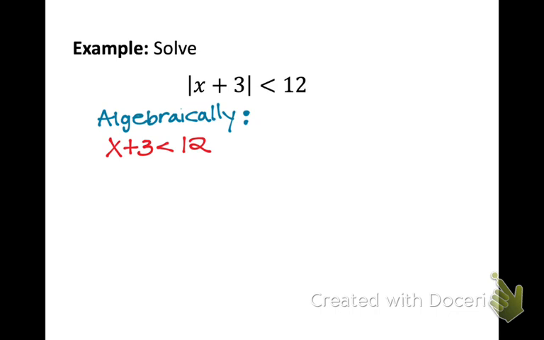How do we solve that? Subtract 3. So then we get x is less than 9. Okay? Now, this is the tricky part that you will mess up on, so don't mess up on it. If I wanted to make the negative version of it, why the negative version if we're doing the positive version? Well, because we have to do the right and the left movement. I already did the positive, it's right there. So I'm going to do x plus 3, and then what did we do to the